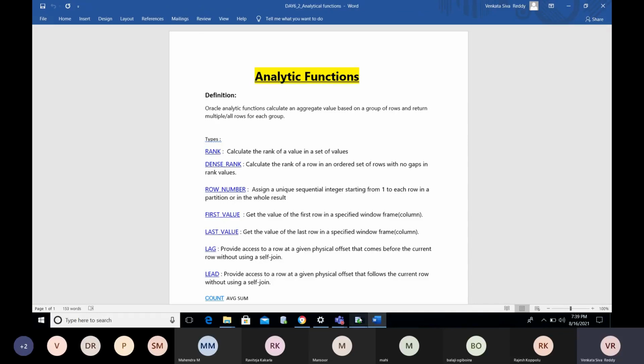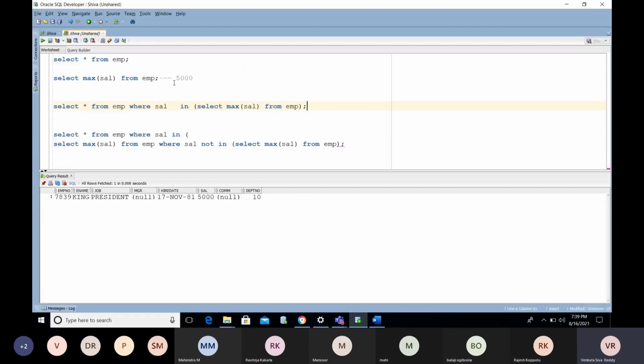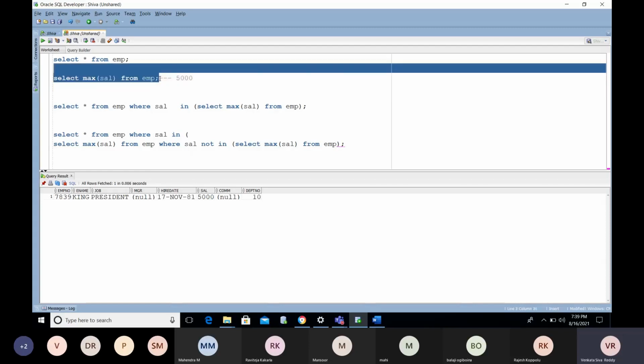So first we will go with this. We have maximum salary and minimum salary, right? The max function and all aggregate functions will work as analytical functions as well as group functions. Both will work. How can you make this an analytical function?